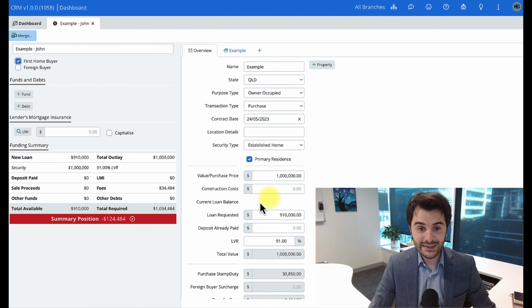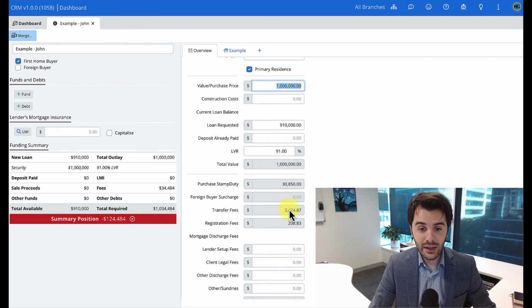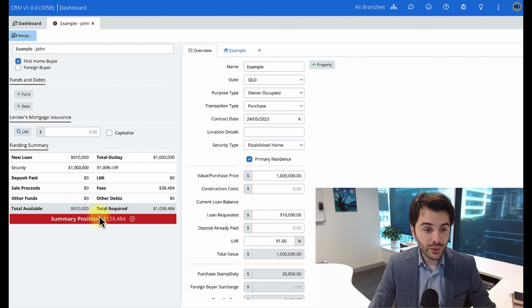So this is an example where we've got a first home buyer named John buying for $1 million. He's buying a property in Queensland, and as a result, he'll have government fees. These government fees amount to $34,483. And there's other associated fees that will also take place. Things like lender fees, your client legal fees, that's like your conveyancing, and other miscellaneous fees that will pop up like building and pest and insurance. In total, John would need roughly